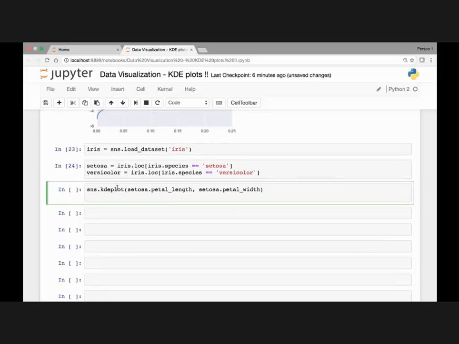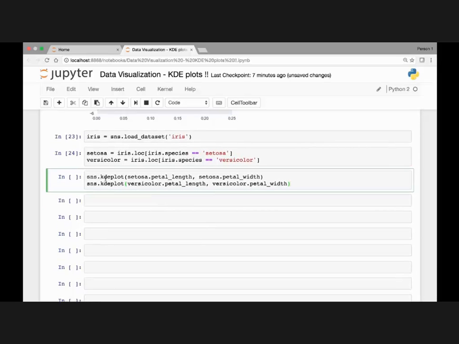Let's do the same for the second iris species, which is versicolor. So sns.kdeplot, and then pass versicolor.petal_length, and then versicolor.petal_width. Make sure that you have both of the KDE plot methods in the same cell, otherwise you'll have two separate